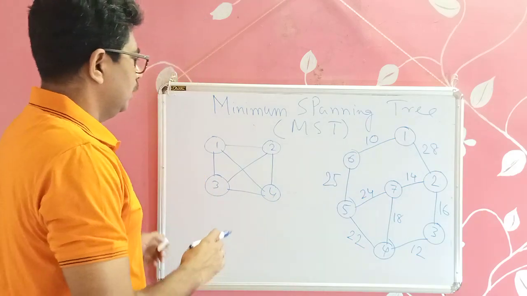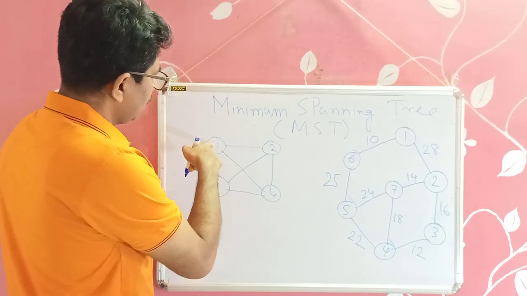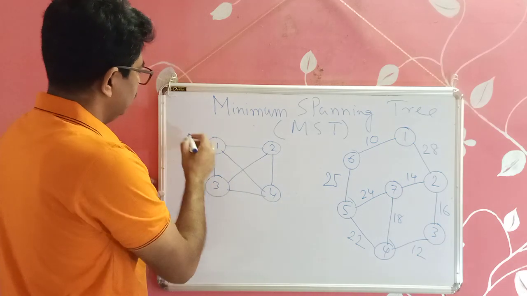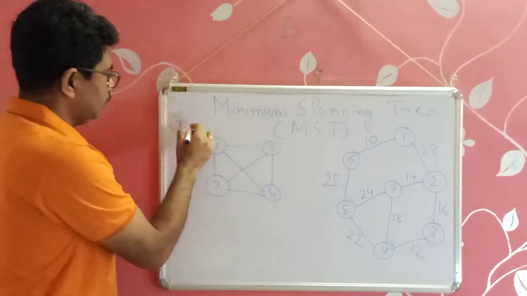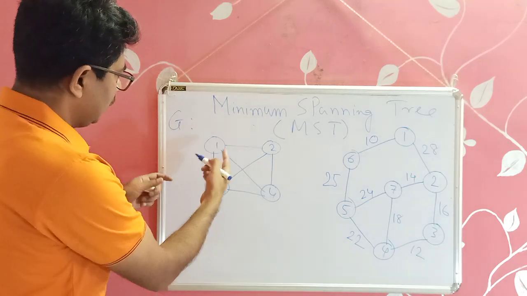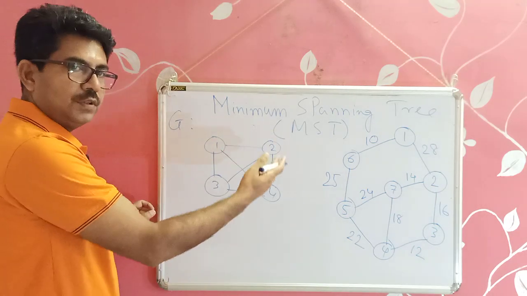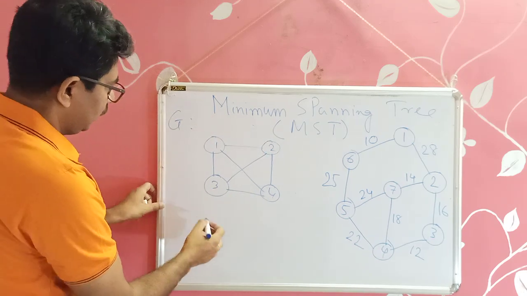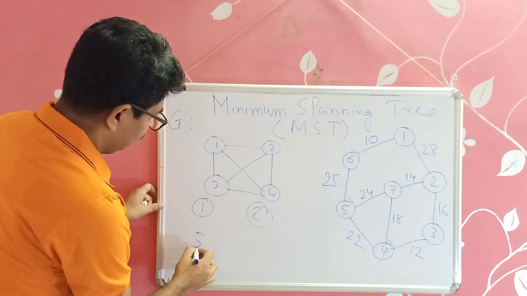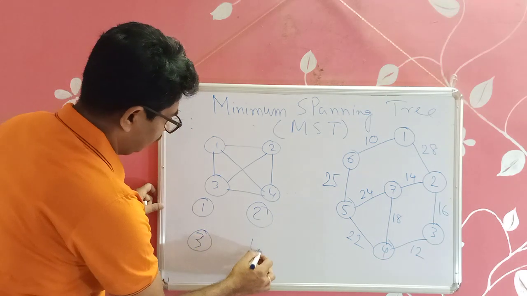Okay, right. So here let these are the vertices. Now G equals this, and we may have a number of subgraphs here, but if we consider 1, 2, 3 and 4 like this,